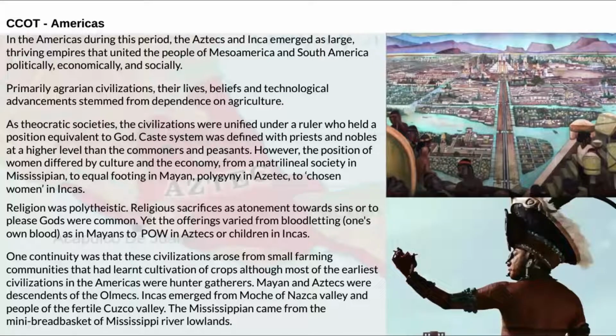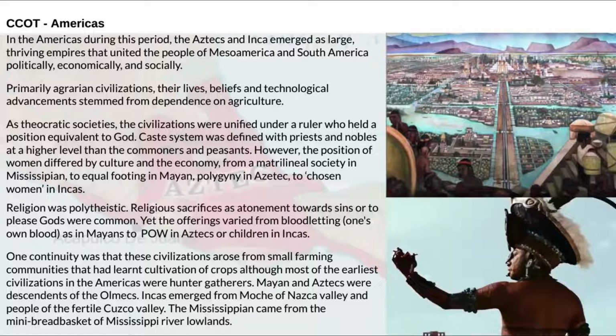However, the position of women differed by culture and the economy from a matrilineal society in Mississippian to equal footing in the Mayan, polygynous in Aztec, to chosen women in the Incas. Religion was polytheistic. Religious sacrifices as atonement towards sins or to please gods were common. Yet the offerings varied from bloodletting, one's own blood, as in Mayans, to prisoners of war sacrifices in Aztecs or children's sacrifices in Incas. One continuity was that these civilizations arose from small farming communities that had learned cultivation of